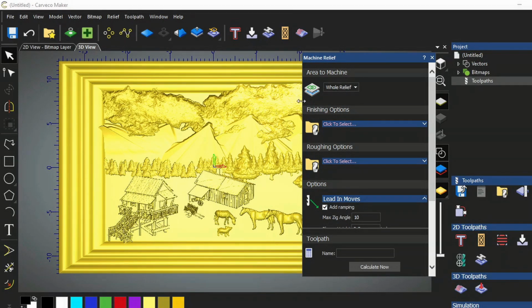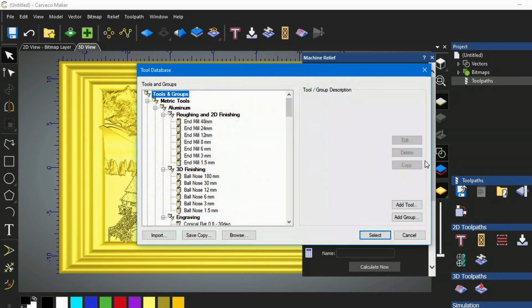So we're going to do the whole relief. We're not going to start with the finishing. We're going to start with a roughing. In fact, I'm probably going to do 2 roughings with this. So the first roughing is going to be done with, because this is such a large project,